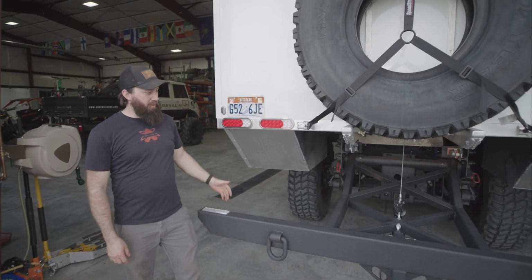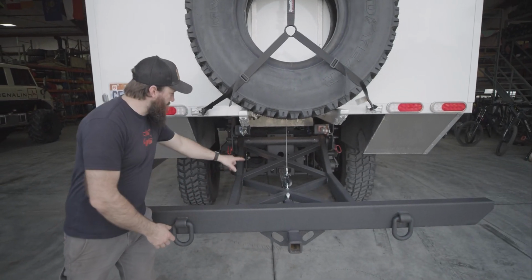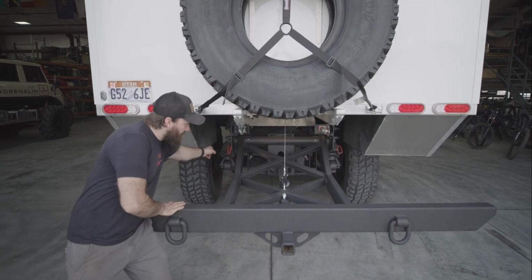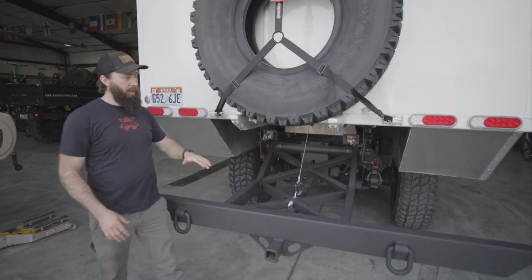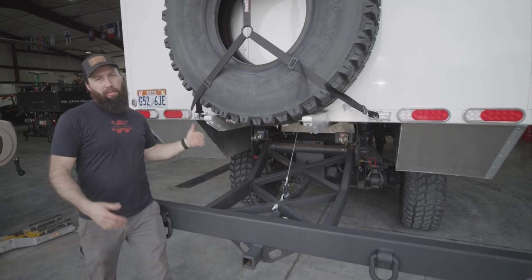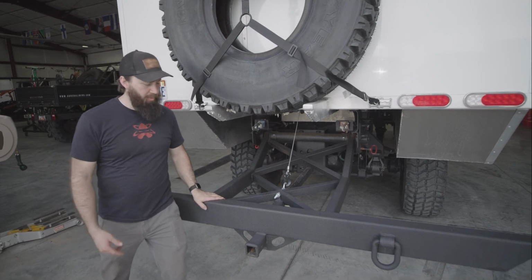On the back side, this bumper receiver mount is actually hingeable. There's a couple pins you can see, a red handle there and a red handle on the other side. We've got a winch in the middle here to help raise and lower it. So when you're off road, you can raise this up, pin it, and it's out of your way. When you're going down the road or towing, you pin it down in this lower position and tow